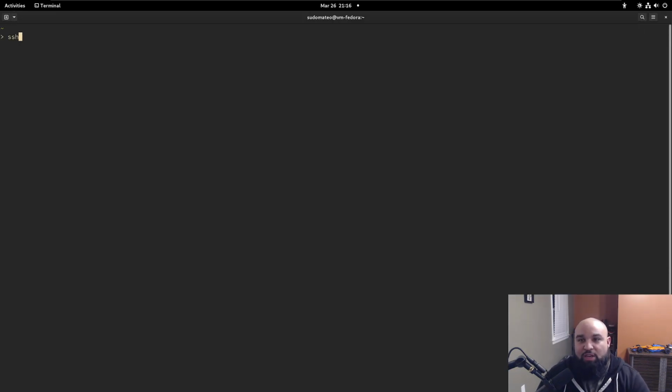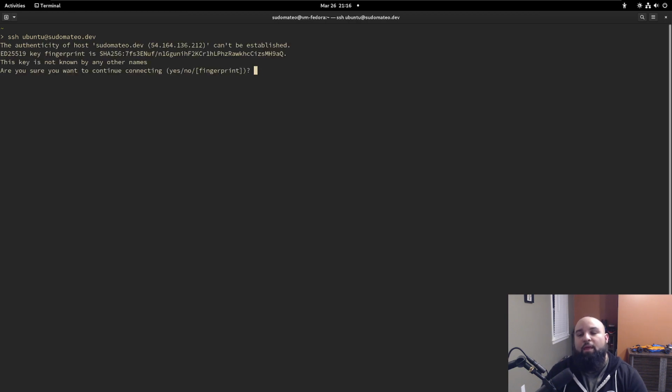So I have a machine out on the internet and I'm going to connect to it via SSH, and it's just called sudomateo.dev. And since this is the first time I'm connecting to this host, it's saying, hey, you're trying to connect to sudomateo.dev at this IP address. You've never connected here before. Do you want to continue connecting and trust this host key? Now you'll notice it printed out the fingerprint for the host key,